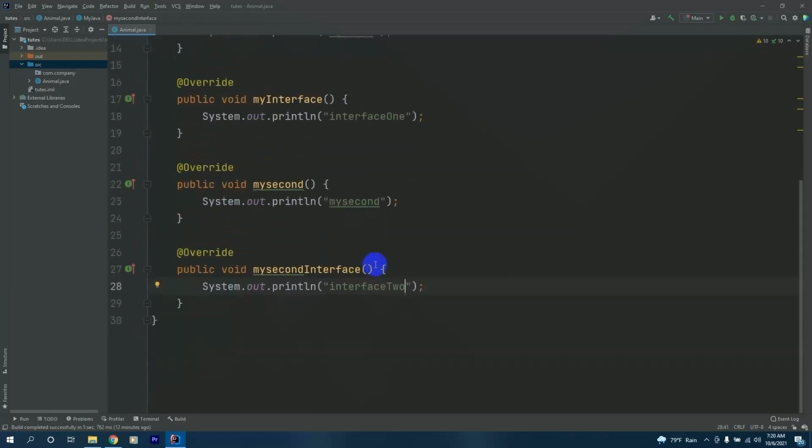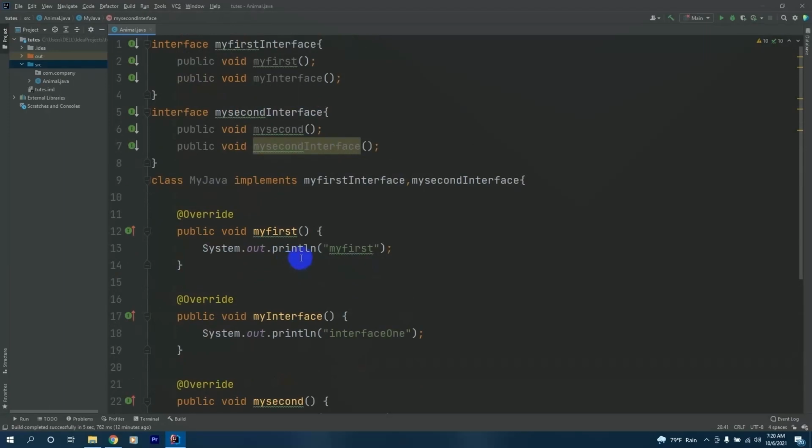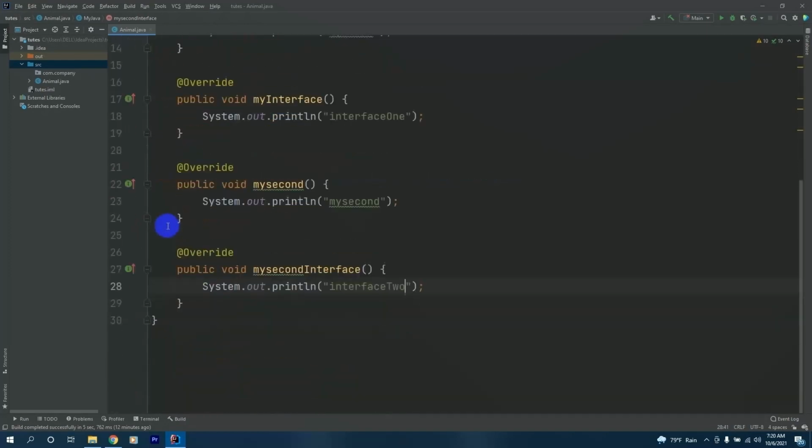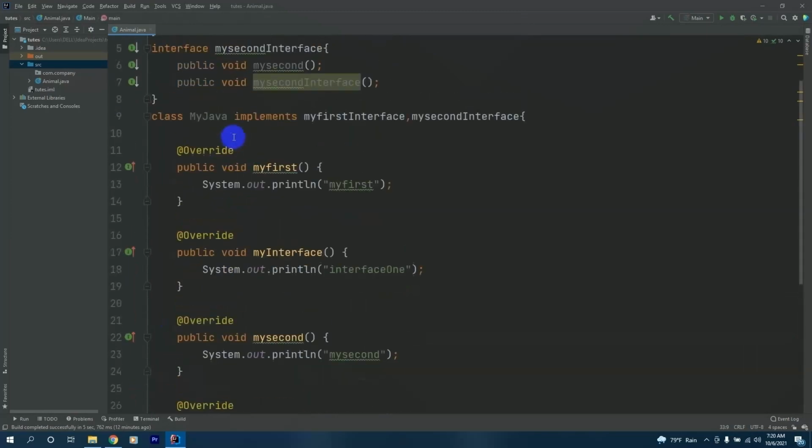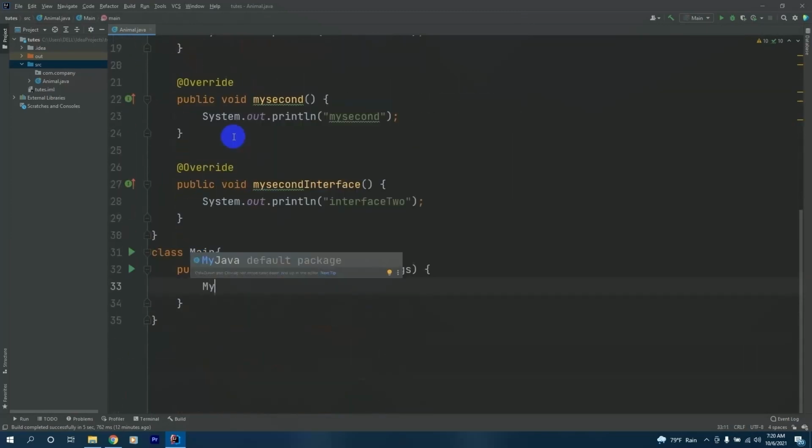Okay, now we have made two interfaces and implemented them in our myJava class, and we have overridden all the methods of the two interfaces inside the class myJava. Now to access this, let's have another class. We'll have a class main, and inside it our main method, and let's make an object of the myJava class. We say myJava java